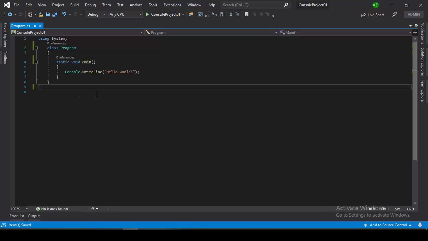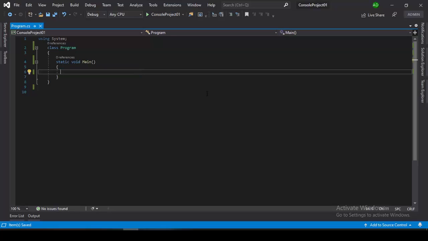We'll save this program. Now if you look at this particular program, it is a very simple program: hardly 3 lines of code and a couple of braces around it.